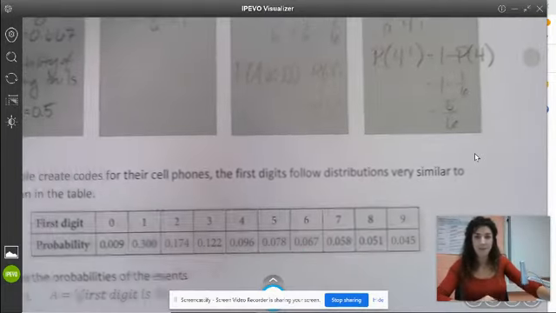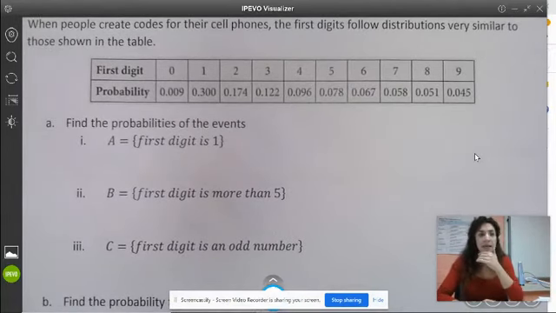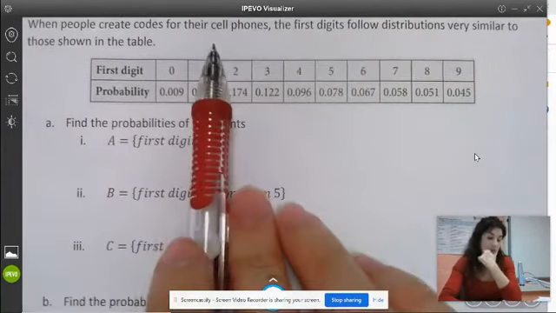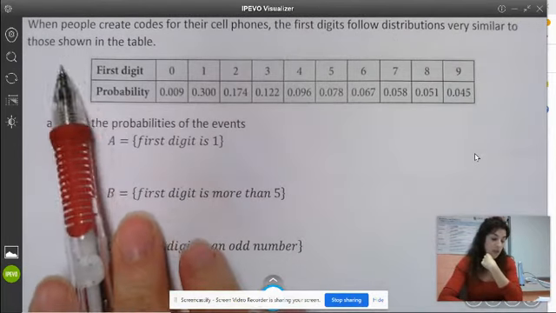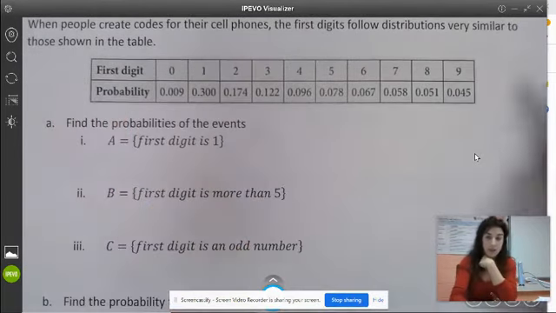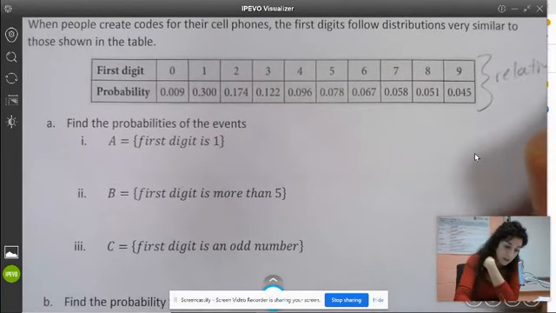Okay, let's go ahead and practice this and finish up our notes. If you have any questions, we'll go over it in class. Here, when people create codes for their cell phones, the first digits follow distributions very similar to those shown in the table. I would like to take a second and tell you that this is relative